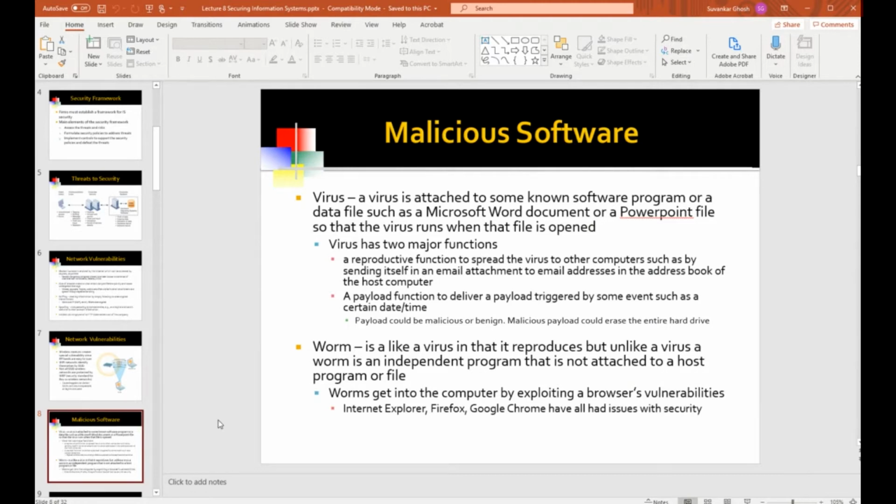So there's a malicious payload, that's the destructive part, and they have a reproductive part. And once the virus or the worm gets installed on your PC, the reproductive part is what reproduces that and infects those servers. And both worms and viruses do that.